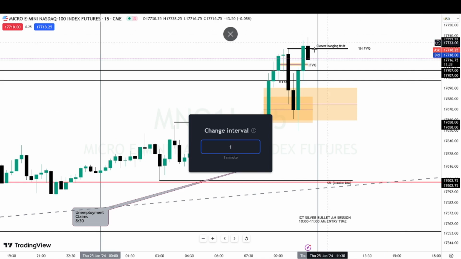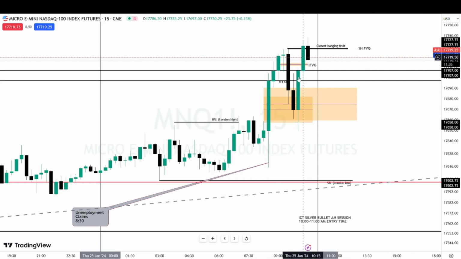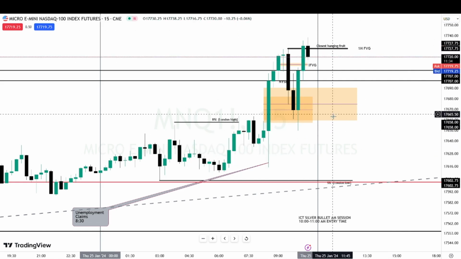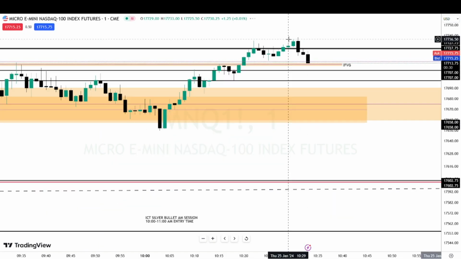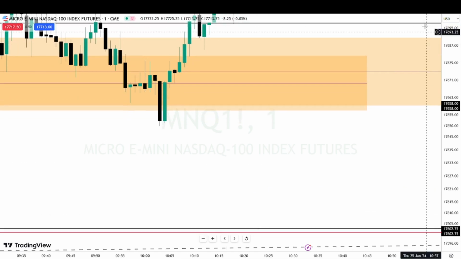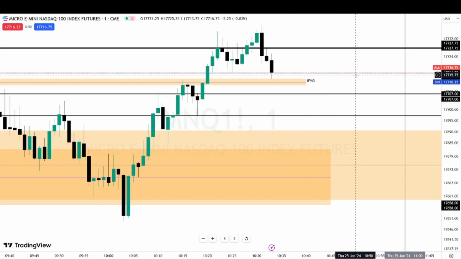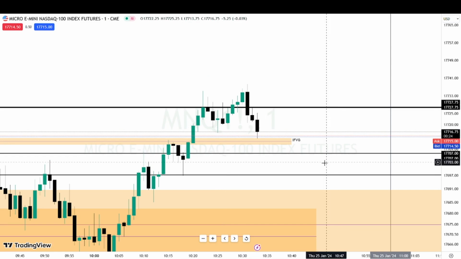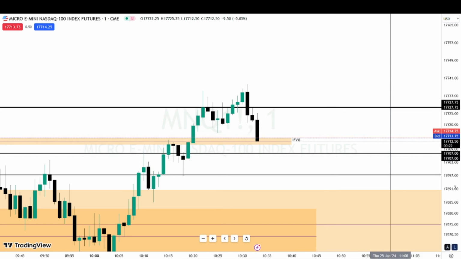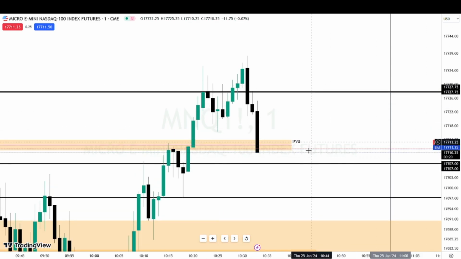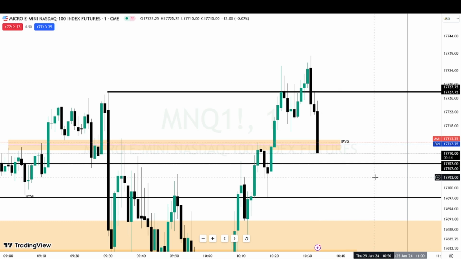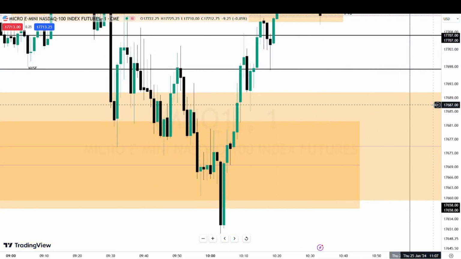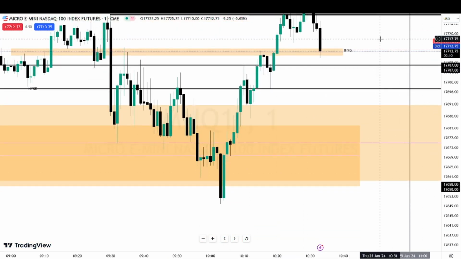So here I will want to take a turtle soup right there before this breaker happens. So I will go for 1 minute. Then I wait for the retest of this right here, guys. Any relevant area that I can get my entry, I will take this. I will treat this as my turtle soup and try to go for the low, because to tell the truth,